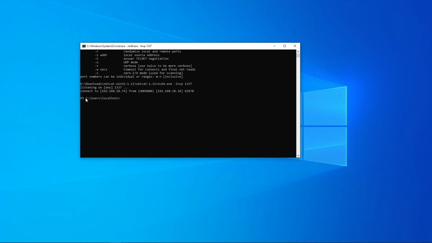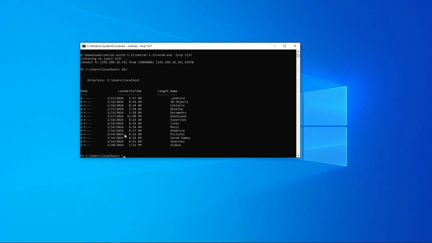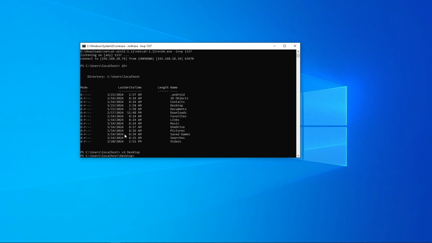Okay, everybody, so now I'm on my computer here, and we can see we got a connection here on PowerShell. It uses localhost, so don't get confused, my name on the laptop and computer is the same. Now I'll prove that I'm on my computer connected to my laptop. What I can try to do here is dir, which basically lists all the files in Windows. I'll go to, for example, desktop here, and I'll create a file here,